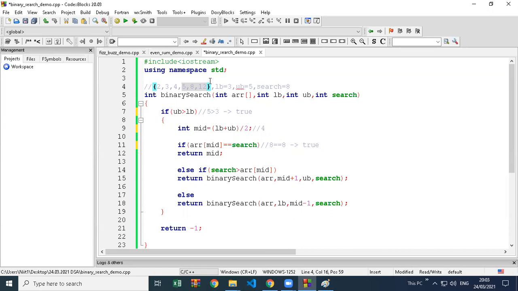Understood? So we are going to the right hand side now. Because the element we want to search is greater than 4, we are taking the right hand side part, 3 to 5. 3 is this index, 5 is this index. When you calculate the average of 3 plus 5, 8 divided by 2, you get 4. And when you get the mid element 4, what is ARR of 4? ARR of 4 is 8. And finally you got the same element.